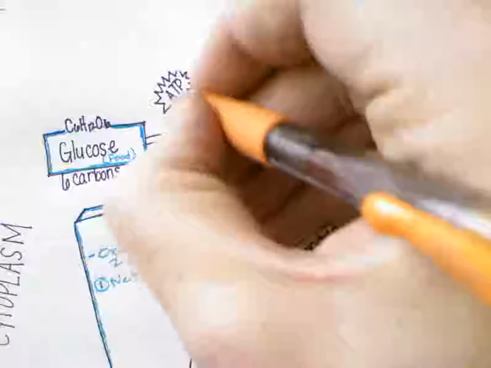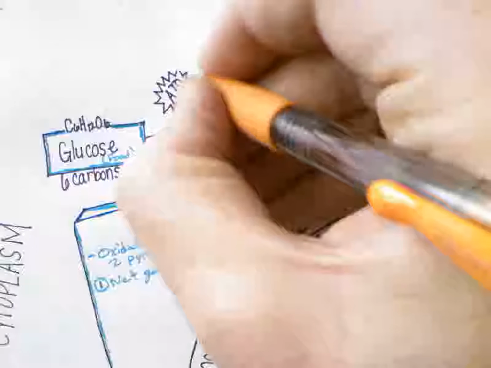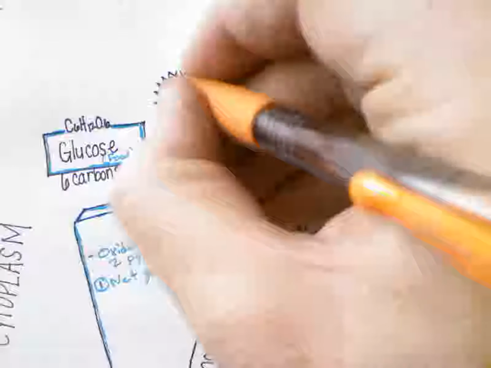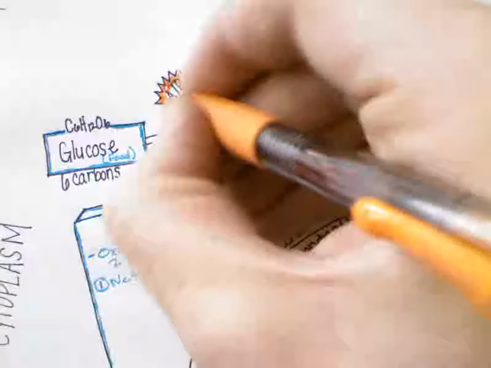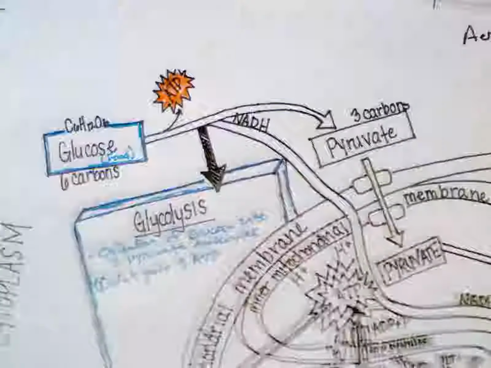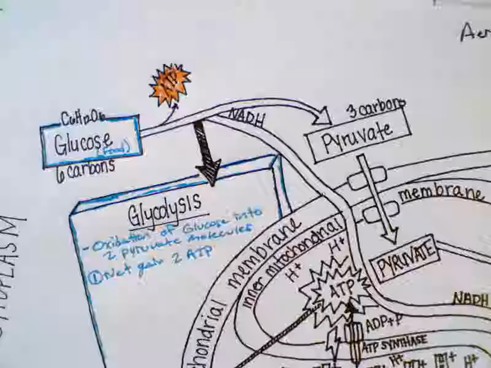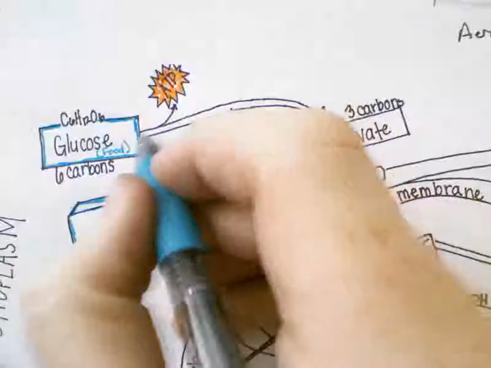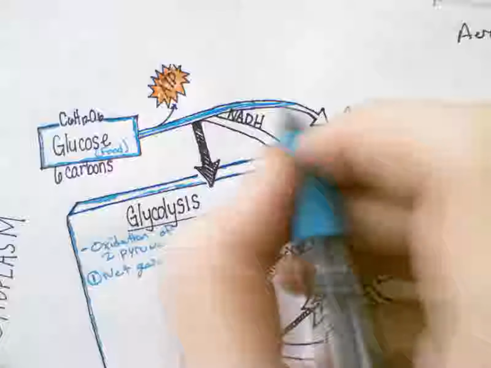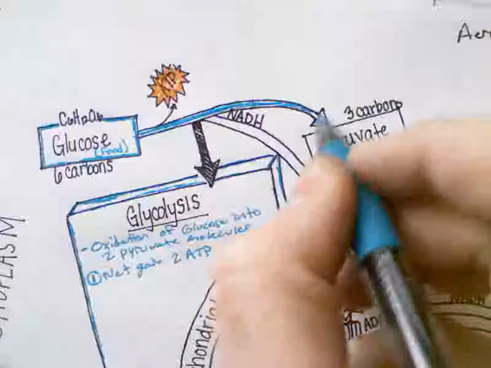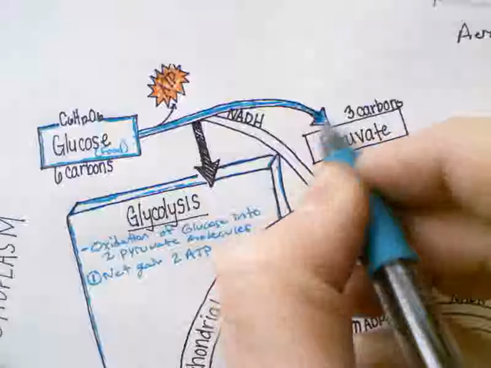Here's our ATP. Every time there's ATP, I'm just going to shade it in as orange to draw our attention to it. There are 3 different places that we get ATP in aerobic respiration. We get some in glycolysis right here. We get some in the Krebs cycle, and then we'll get a lot in the electron transport chain via oxidative phosphorylation. Okay. Then this glucose is going to start moving down the pathway of glycolysis. It's a 10-step process, and you don't need to know all 10 steps. But at the end of this thing,